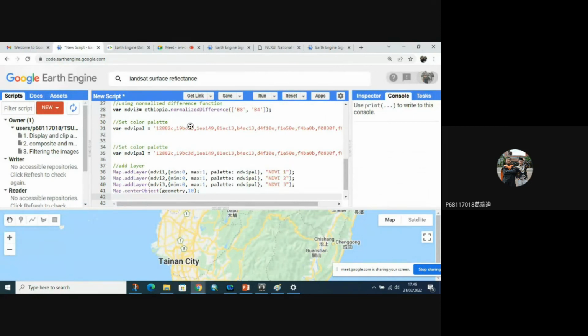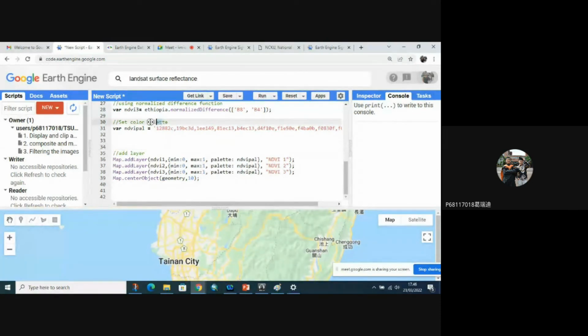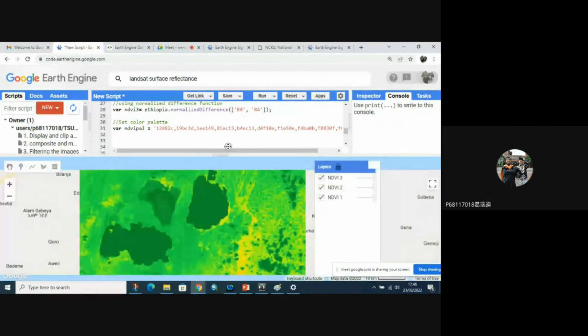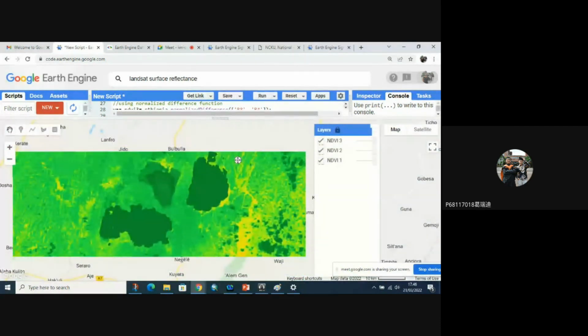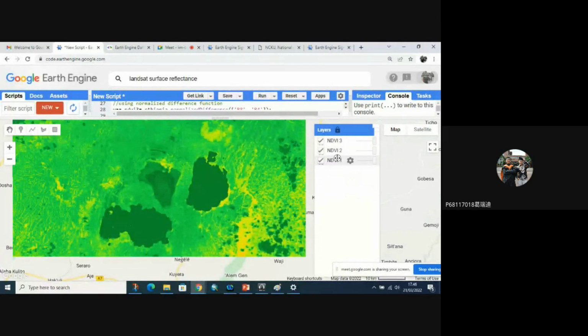The color is through our NDVI palette, and we give the names NDVI 1, NDVI 2, NDVI 3, and let's fly to Ethiopia. Okay, this is the NDVI result from NDVI 1, NDVI 2, and NDVI 3.